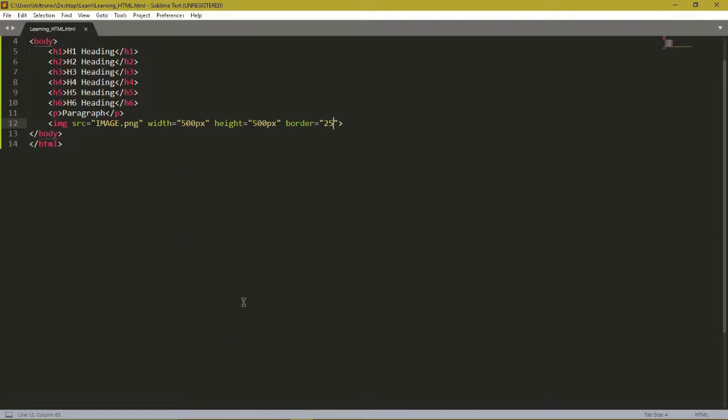Now let's learn some formatting tags like B, U and I. The B tag is used to make a paragraph or heading or any text bold. U tag is used to underline any text, and the I tag is used to give italic effect to any text. Let's do the first formatting tag of B. Also you have to note that